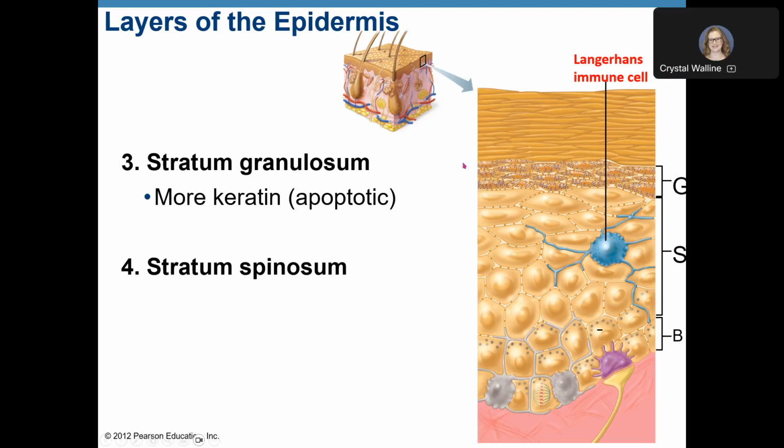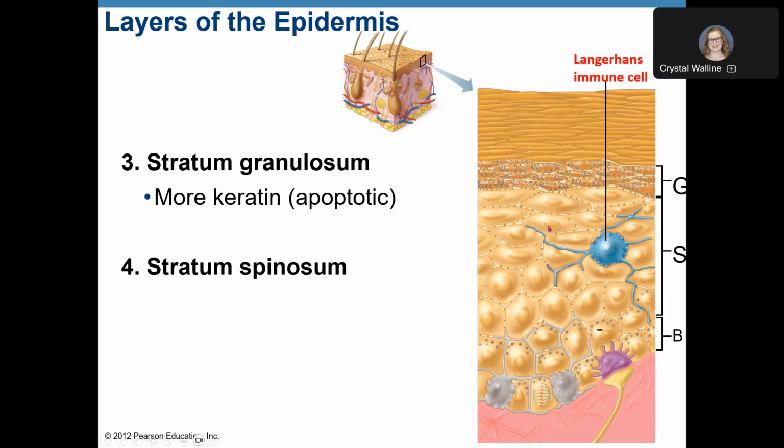The granulosum is named granulosum because these cells appear grainy underneath the microscope. As they're going through apoptosis, the cells are taking those different parts and packaging them into vesicles for recycling, and that gives the cells a grainy appearance. Our fourth layer is the stratum spinosum, and it's named this way because